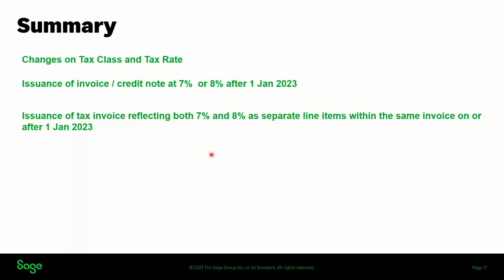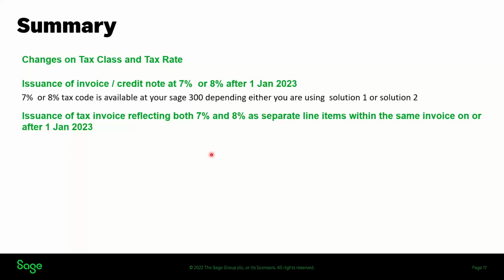So we are in the summary section. What we have learned so far: I have demonstrated to you for each option, option 1 and also option 2, the changes on your tax class and tax rate. You will need to make the changes on your existing tax classes and existing tax rates, and for each tax class and tax rate, you need to do it for both transaction types, sales and also purchase. And for point number 2, issuance of invoice or credit note at 7% or 8% after 1st January 2023,